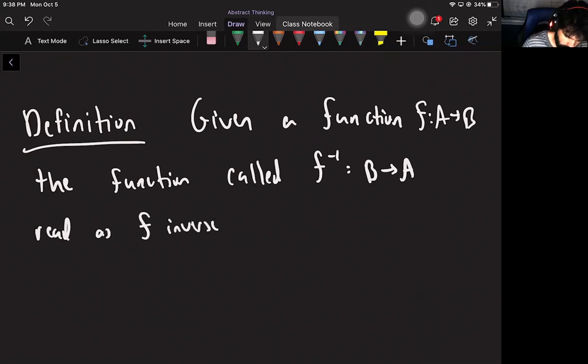Now that negative 1 is sort of hinting at something, but it doesn't mean what the negative 1 power does for a number. So that's why we read it as f inverse, not f to the negative 1. So the function called f inverse goes back from B to A,